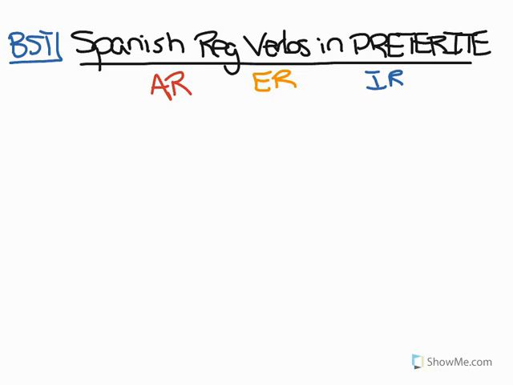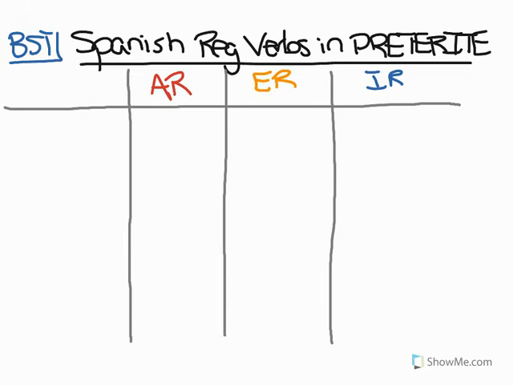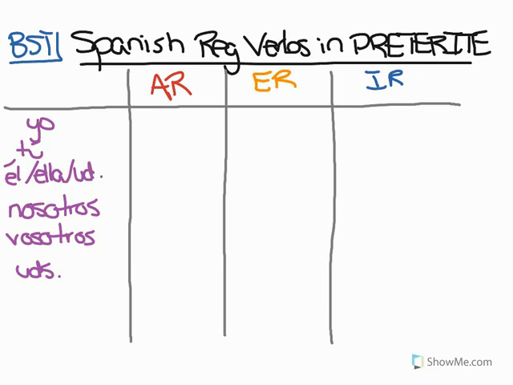So today I'm going to show you how to conjugate regular verbs to express who is performing the action in the preterite tense. So here we have our AR, ER, and IR verbs, and the verb is conjugated slightly differently depending on the subject of the sentence. So we have yo, tú, él, ella, usted, nosotros, vosotros, and ustedes as our subjects that will change the conjugation of the verbs. So in the preterite tense, regular verbs ending in AR conjugate to